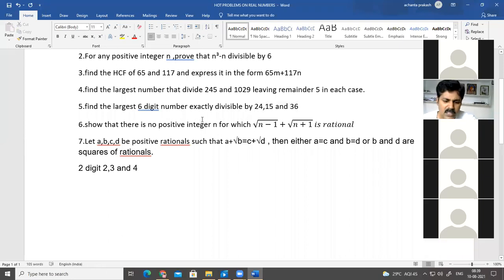So LCM and HCF problems are very important, because definitely in your higher competitive examinations, in number system, they will work on HCF, remainders and LCM. You cannot think that these are not related to our examination. These applications will definitely be in your examinations for those who are going to learn.